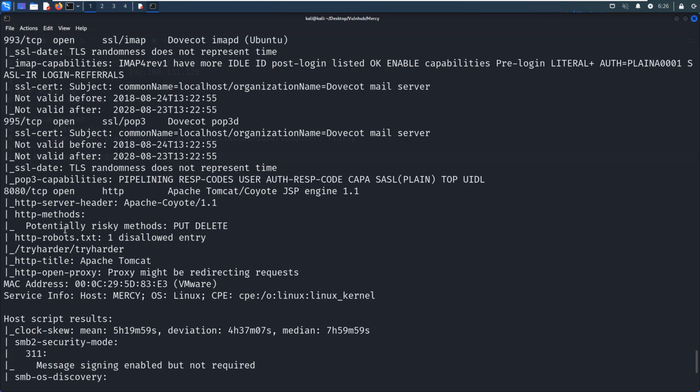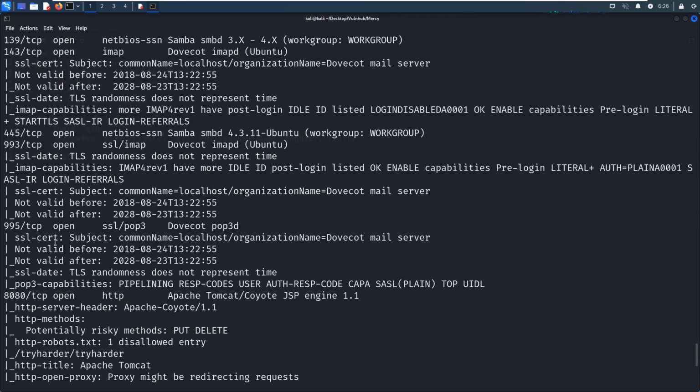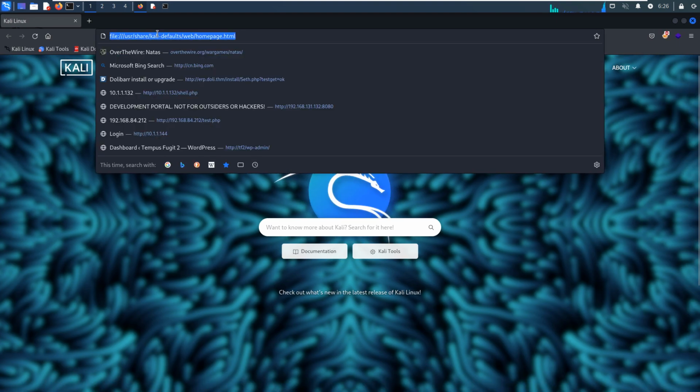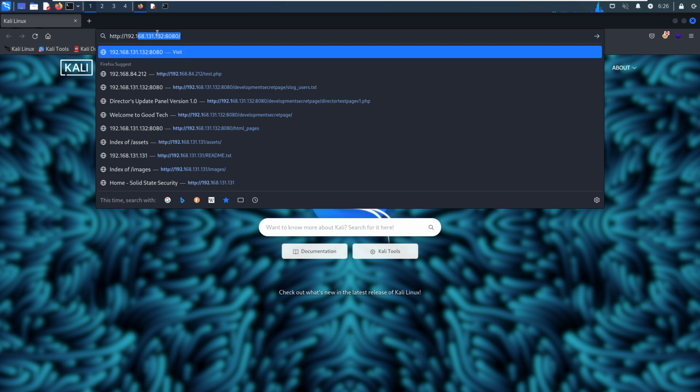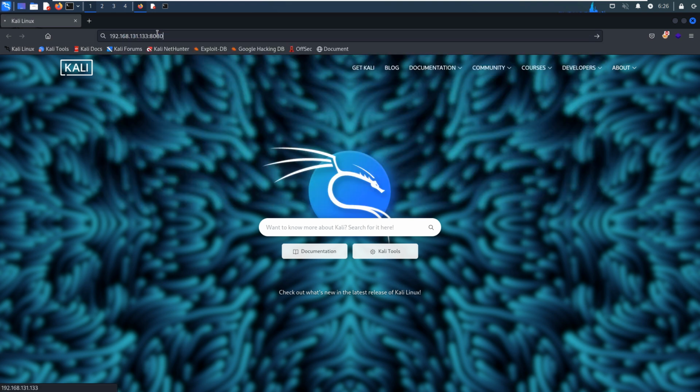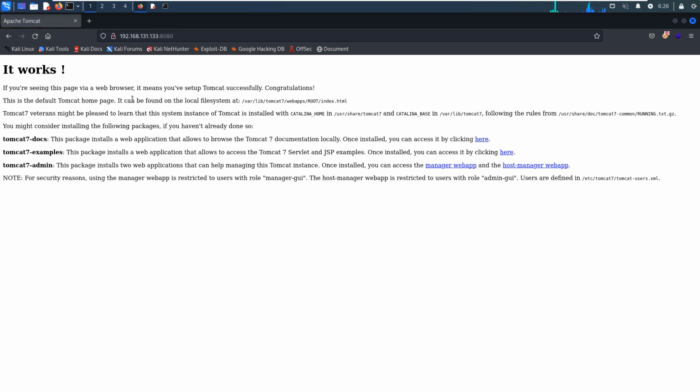Okay, we can access this 8080 by the browser. Put the IP address of the target into the address bar. Press enter. So here it works.